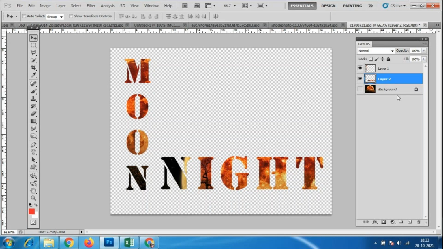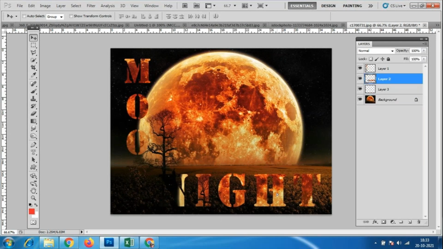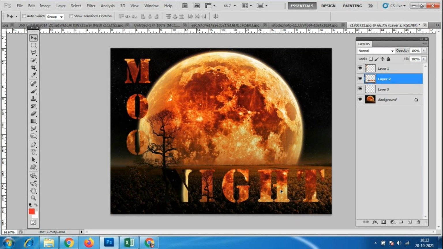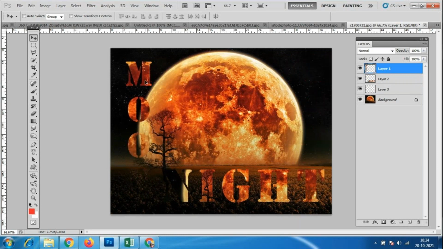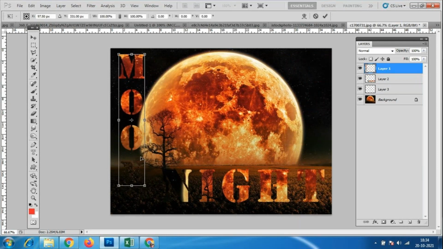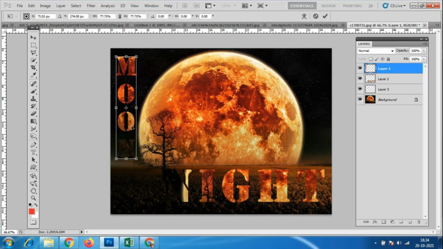I'll go to the new layer, and with the same scenery, look here, it is going to look like this. Otherwise I'll reduce the size of this with Control T. I will make the size like this.